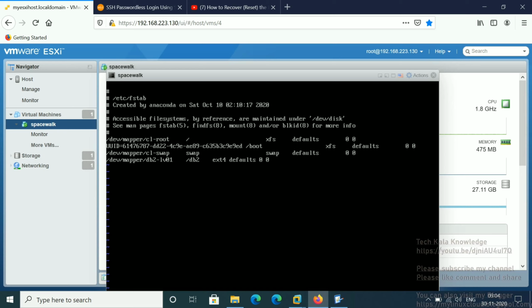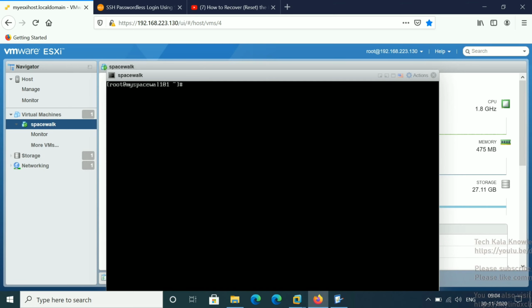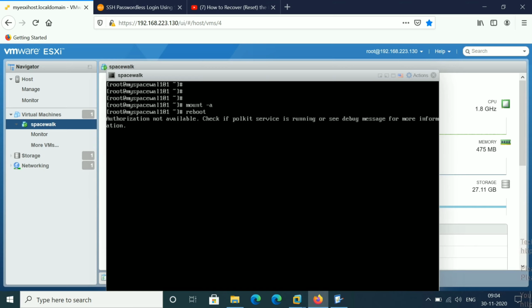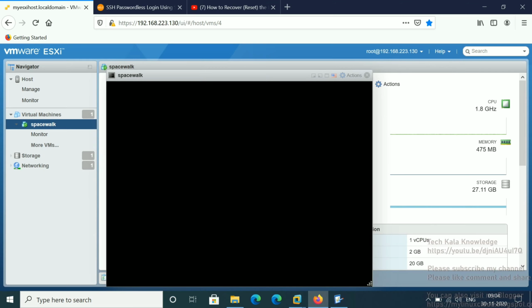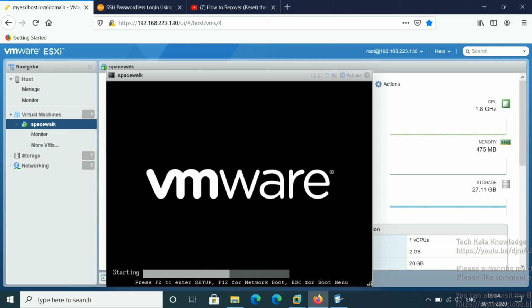Let me come out of the editor. Now if you run mount -a, you can see you are not getting any error. It means there was a syntax problem in the fstab. Now let me reboot and see whether we get that error again or not.